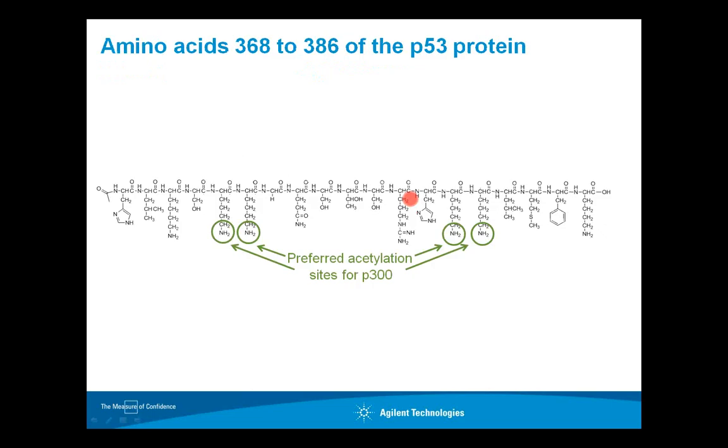So what happens, for example, in this case, is if we're looking at, this is just a small portion of the P53 protein, so just the peptide. But if we're looking at this peptide, there are 4 potential preferred sites where the enzyme P300 would choose to acetylate P53. So you can imagine if we're using traditional methods, we're looking at binding of a fluorophore and then